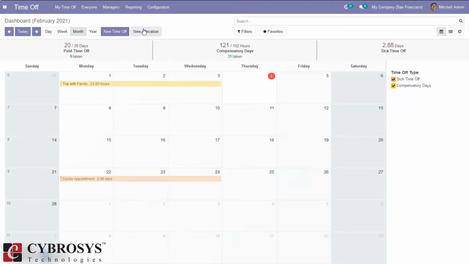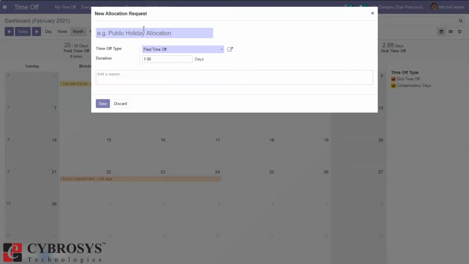Then we can create a new allocation request also. Here we can set the time off type for the allocation, then duration, and here we can save it.